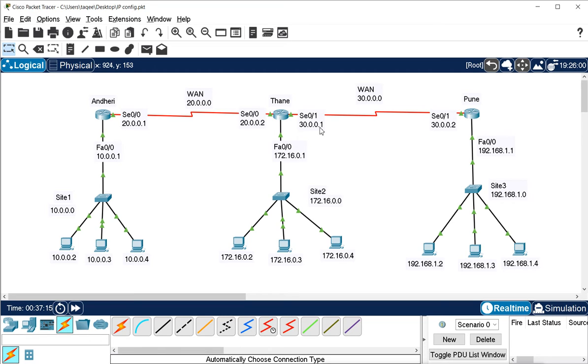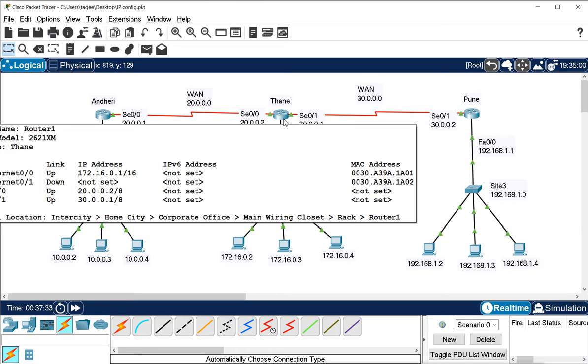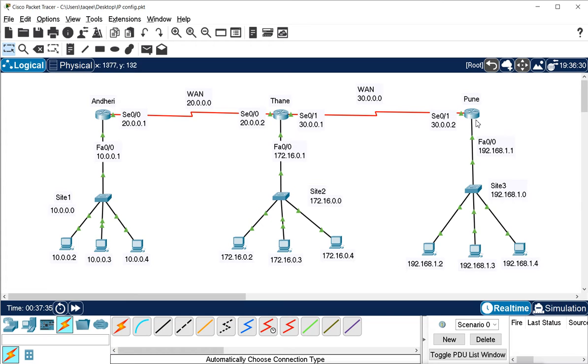Even when you mention network 10, your first hop address will always be this 30.0.0.1 of the first hop router. The IP address of that interface is your first hop address for this network, for this router Pune.